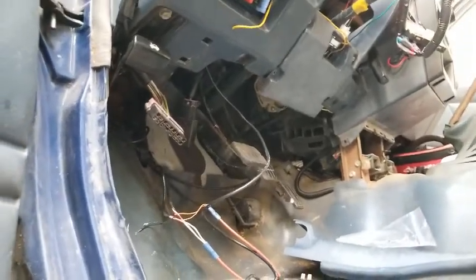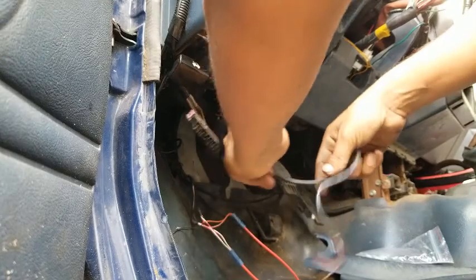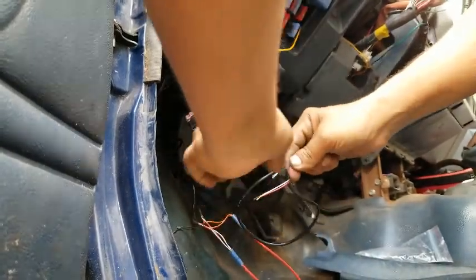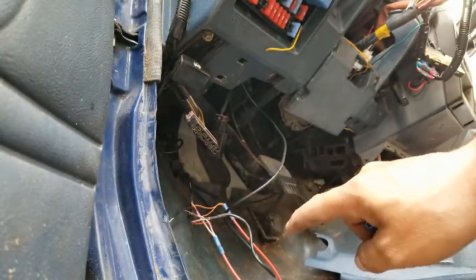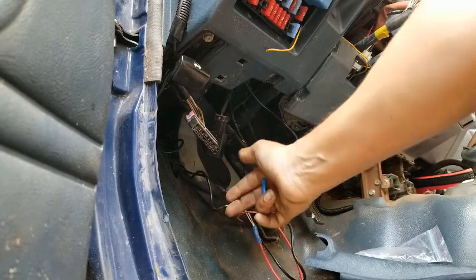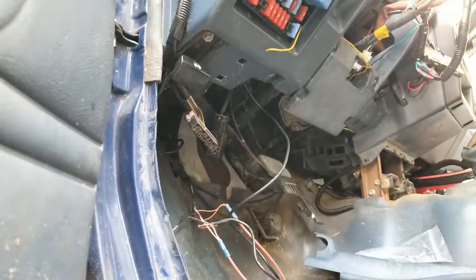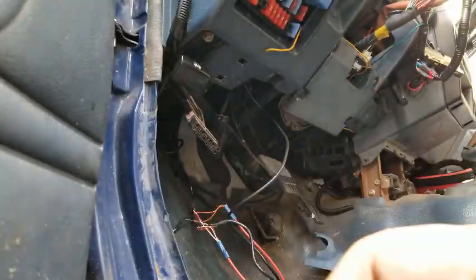I'll be right back. Okay, as far as the wires go, the first thing I'm going to do is mock up and splice together the grounds. So hopefully you guys can see from your perspective. I don't know if I should zoom in more or not, but what I'm going to do is